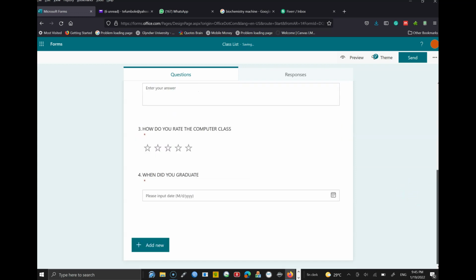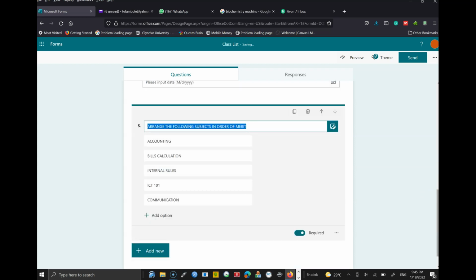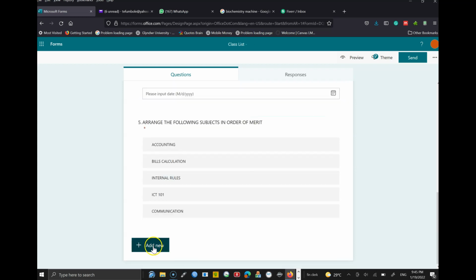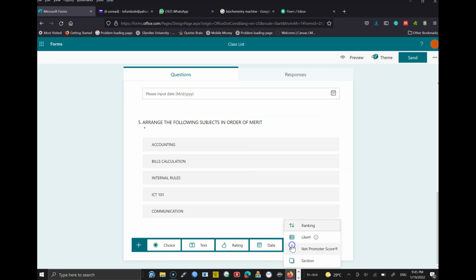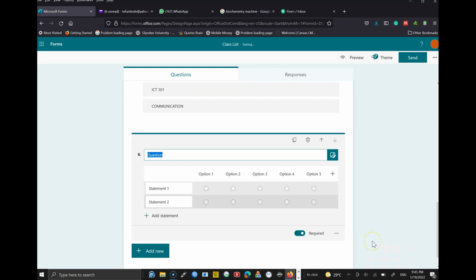Alright, the last question. I'm just doing this question so that I can see the various options that are available. The last option, you can create a new section, net promoter score. I'd like us to look at Likert, and this is what Likert does. You can use these questions to do a lot of ranking. For example,